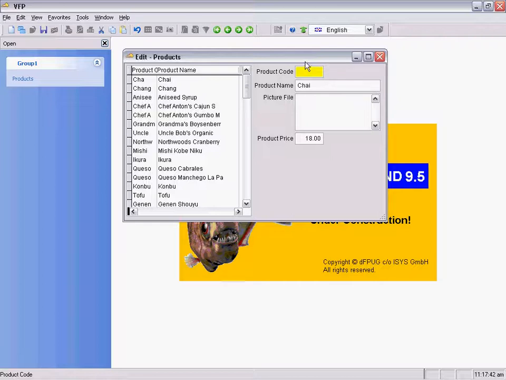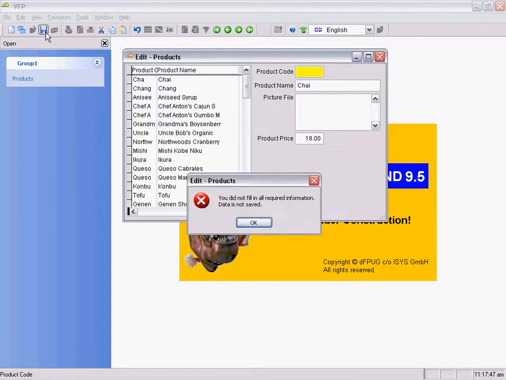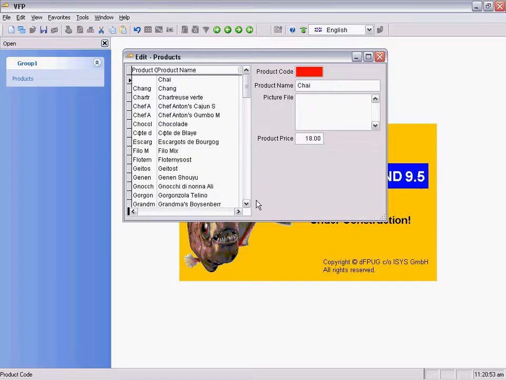Let's try what will happen if this field is empty. I will delete the product code. You can see that the form had automatically entered into edit mode, and now I will try to save the data. The message that not all required fields are entered appears, and data is not saved.